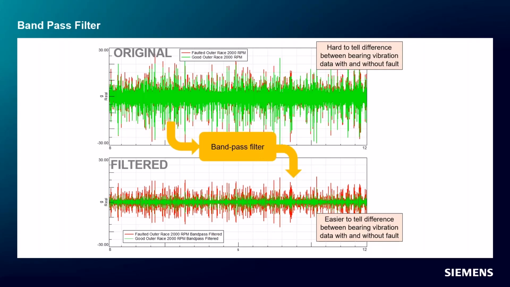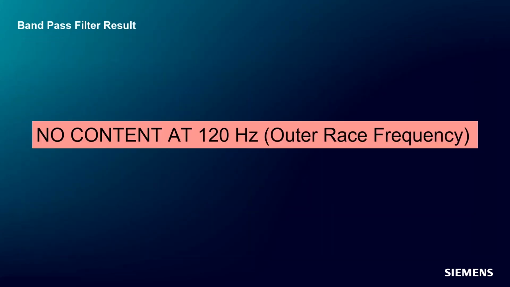Okay, so visually in the time domain, I can see a big difference, but I might have a bit of an issue here, Steph. If I bandpass filter, so I allow only frequencies between 30,000 and 35,000 to appear, what might be a concern? Well, you're not going to see the 120 hertz frequency we're looking for. Yeah, and there were a few frequencies there, like the inner race, the outer race. They were all below 200 hertz.